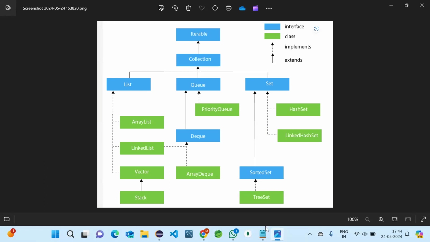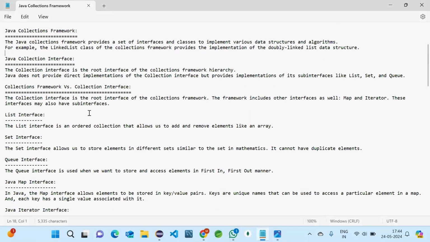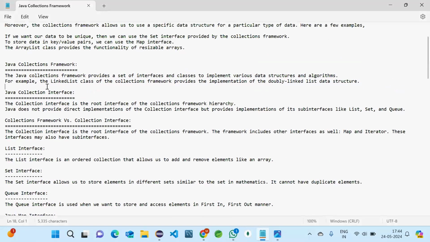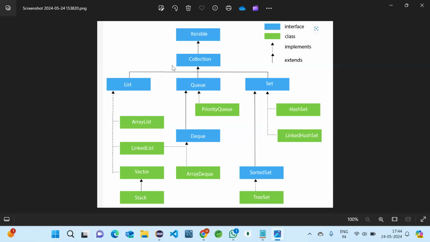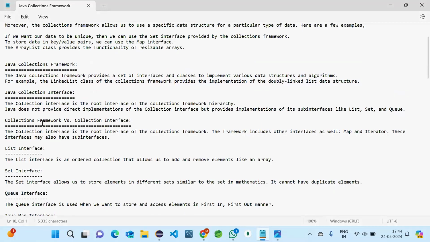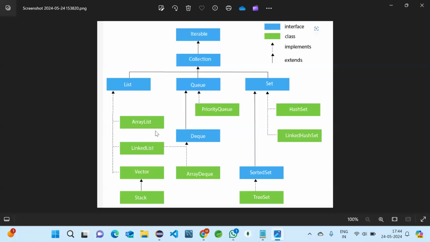Yes, ma'am. So we have covered the Java Collection interface, this one. Now I will tell the difference between collection framework and collection interface. Whenever we are discussing the collection interface, we are discussing this image, these three parts of the collection interface.